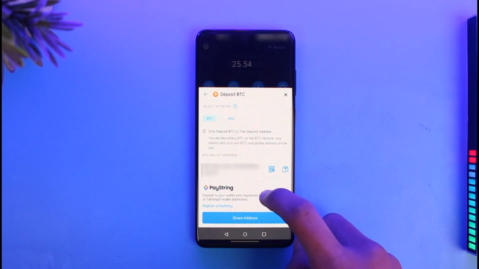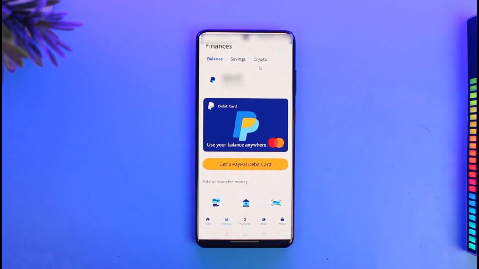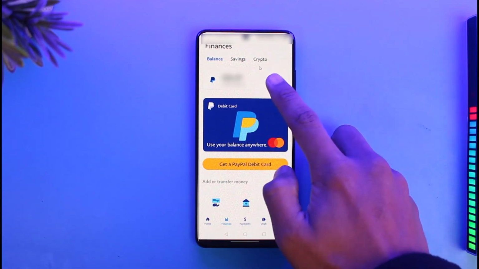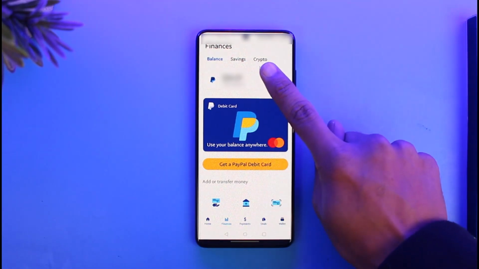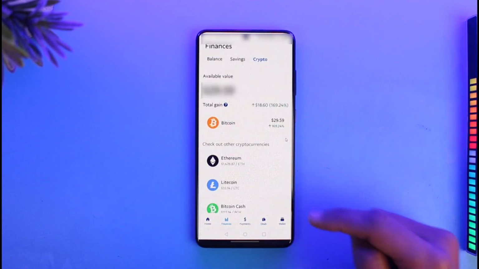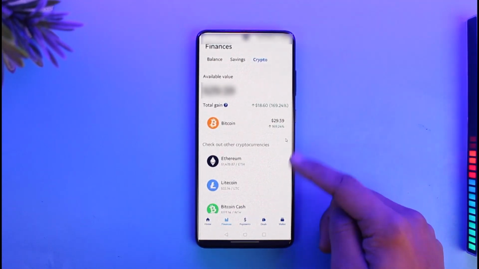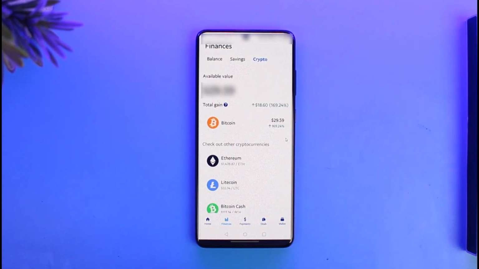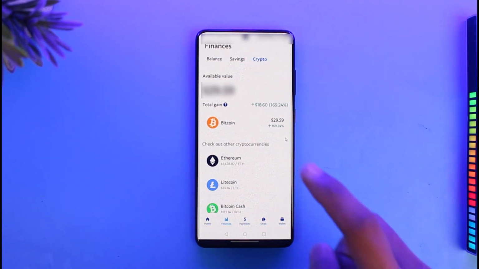Now once I've copied my wallet address, I'm going to open up PayPal, right? And once I open up PayPal, you want to make sure you're under the Finances tab, and then you want to go to the Crypto tab, which is at the very top of the screen, as you can see. Once you tap on the Crypto tab, over here you'll be able to see the BTC that you want to transfer. Since in this case we want to transfer a Bitcoin, we're just going to select